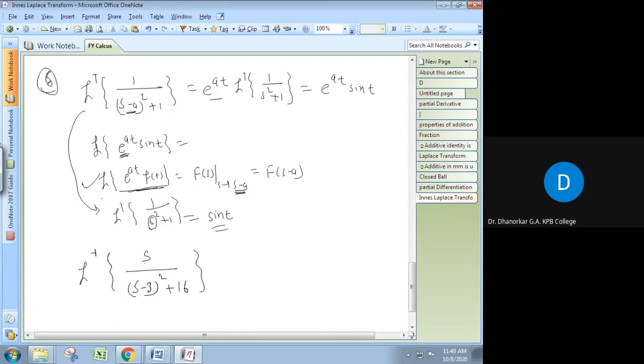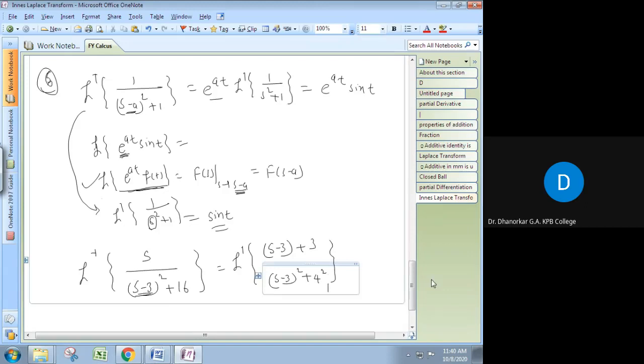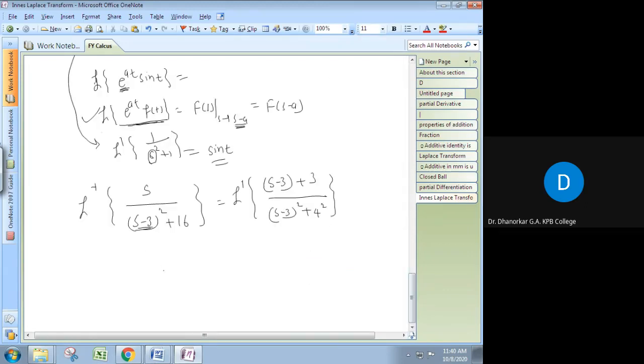Now here the numerator is s, and this is only s. This is not like s minus 3. Therefore again I will make an adjustment. L inverse of (s minus 3) plus 3 divided by (s minus 3) whole square plus 16. 16 means I will write here 4 square. This is equal to, I will use again the linearity property of the inverse Laplace transform: L inverse of (s minus 3) divided by (s minus 3) whole square plus 4 square, plus